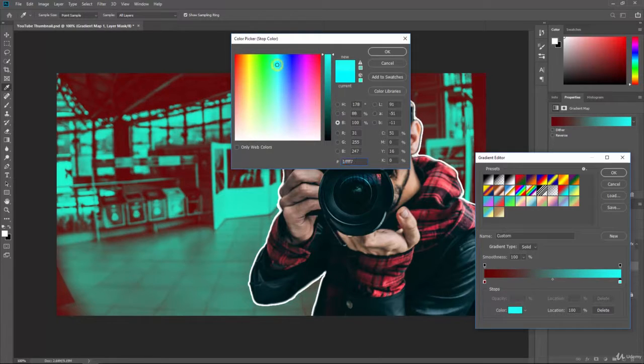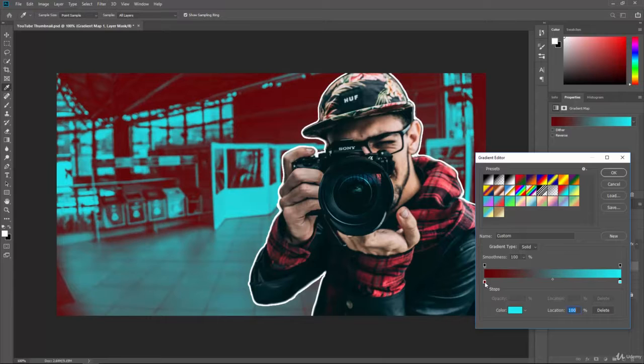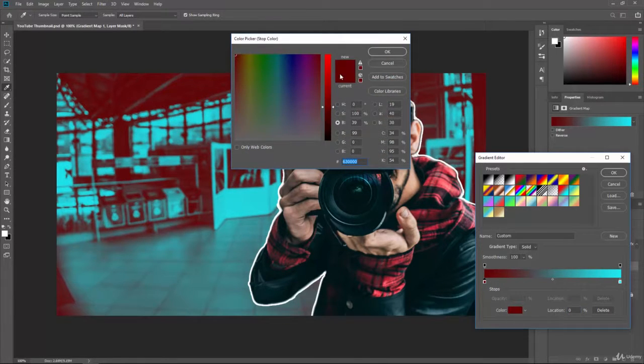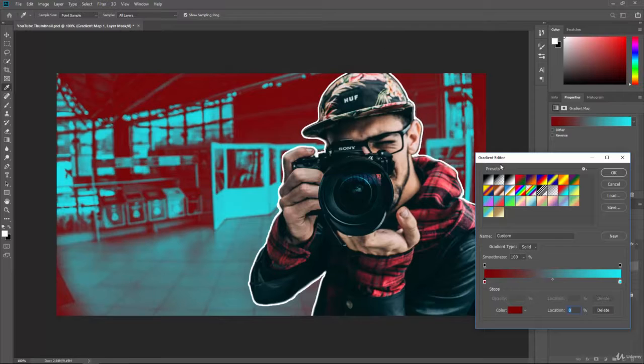I'm actually looking at his jacket right here and seeing if I can maybe find something that would work kind of similar to the colors in the image. And that's one thing that I will do as a designer, is I'll try to pull in colors that are already being used and see how they work. So let's go back to the red. Maybe it's a little too dark. Let's brighten that up a little bit. Okay, so when we have something that we like, we can go ahead and hit the OK button and it'll